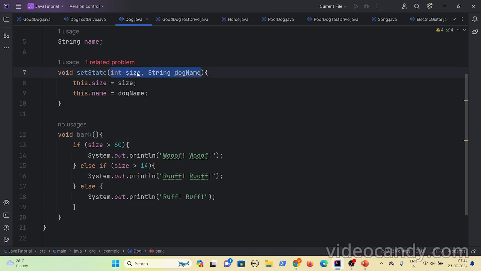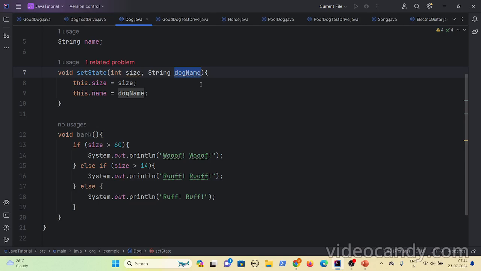Whatever is inside the braces, these are called the parameters. So this is the setState method. In the method definition, you have two variables declared, the size variable and the dogName variable. These are called the parameters of the method.